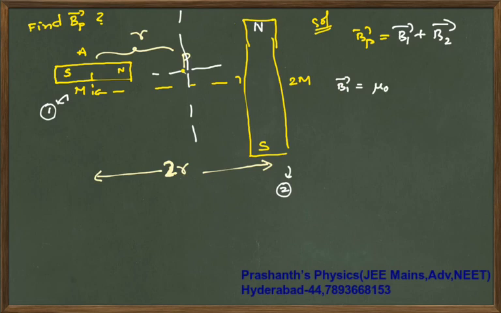Assume that these are your short bar magnets. Let us say in the question it is given as short bar magnets. Magnetic moment, if it is given indirectly, they are short. So because of the first magnet, your magnetic field B1 is mu naught by 4 pi into 2m by d cube. That is indirectly i cap is the direction. i cap means towards right.